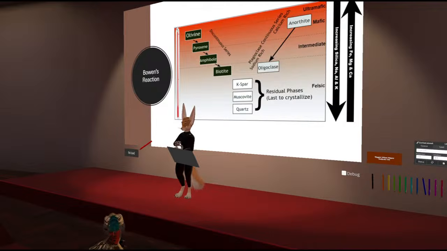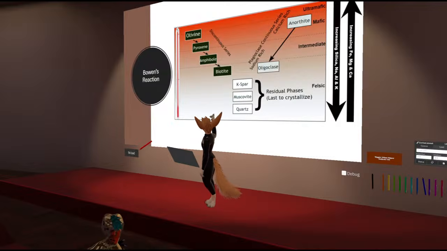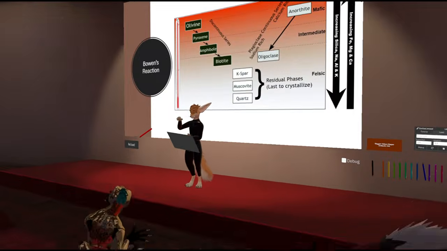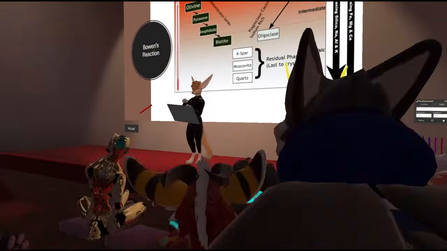Sometimes there's stuff that gets captured in, like how we find rocks like andesite with pyroxene crystals hanging out inside it. A general separation, but it ends up